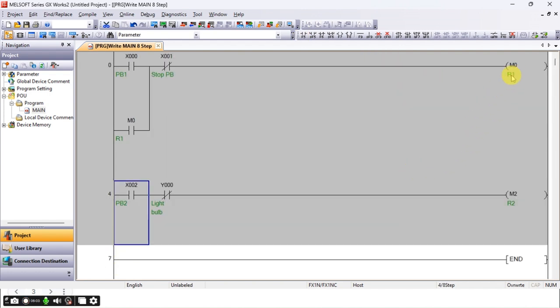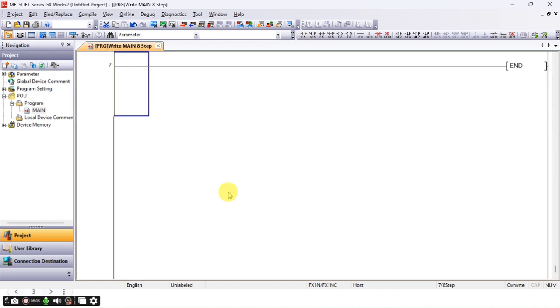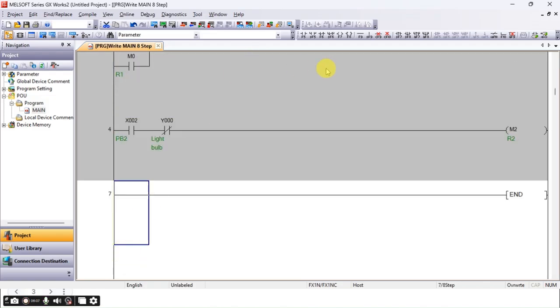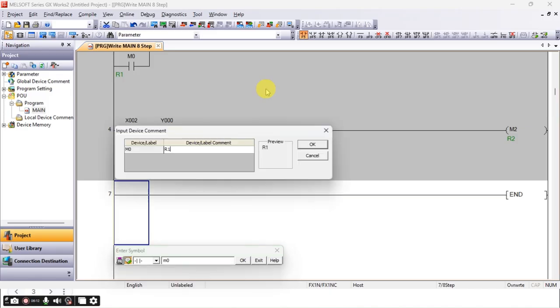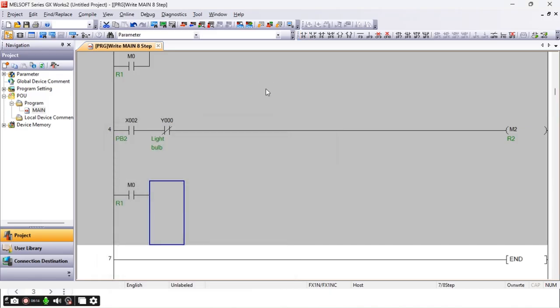So I'm going to use the M0 address, and once it's energized, it will turn on the light bulb.